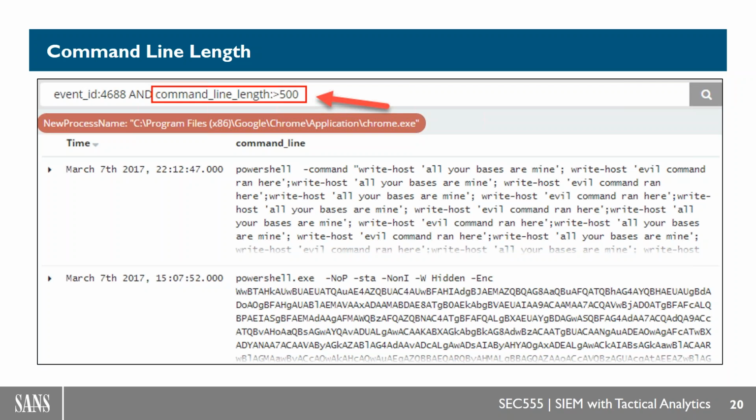And again, command lines tend to be shorter. Even if you have vendor products that do PowerShell, they still usually invoke either a script or a short command line. And even if there's an exception to the rule, this is the beauty of the SIEM. The SIEM is a slicing and dicing and filtering beast. So even when there are exceptions to the rules we're talking about, it's easy to exclude things. So command line length is an easy win.